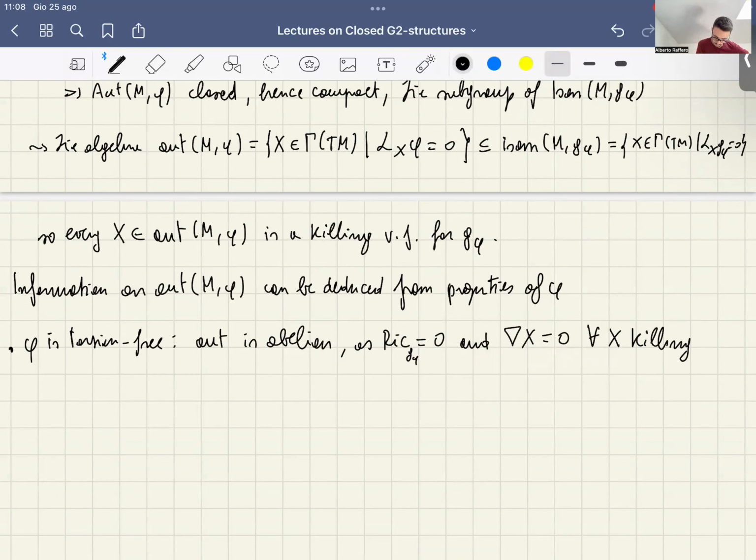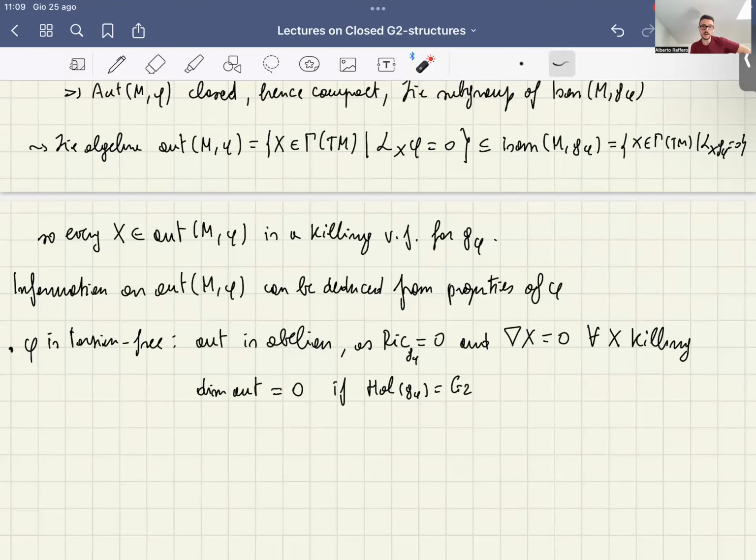And so in particular, the dimension of the Lie algebra of automorphisms is equal to 0 if the holonomy of the metric is precisely G2, since pointwise, in such a case, G2 only preserves the zero vector in the 7-dimensional representation we have. So it follows from the holonomy principle and this fact that in this case, the automorphism